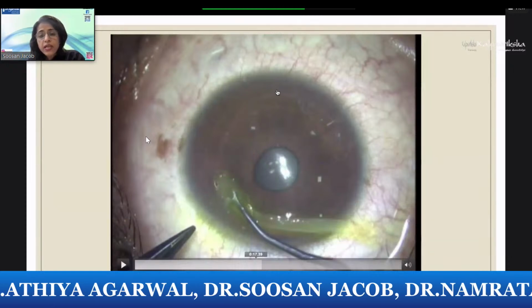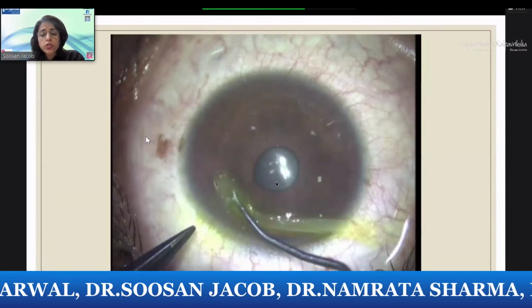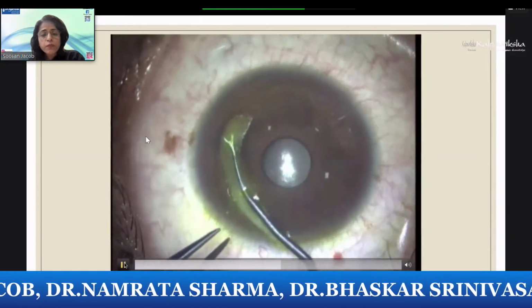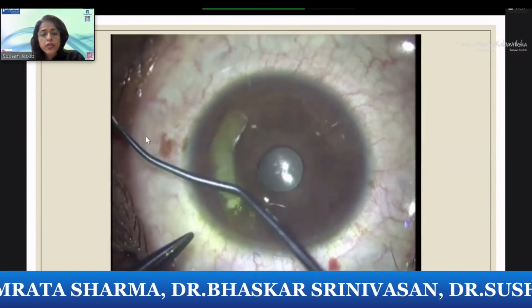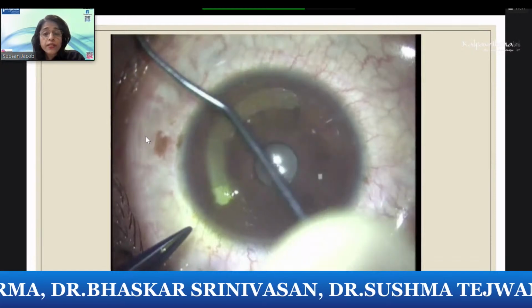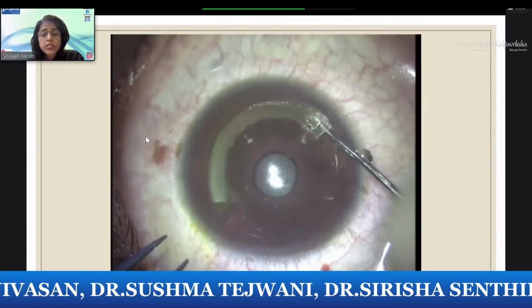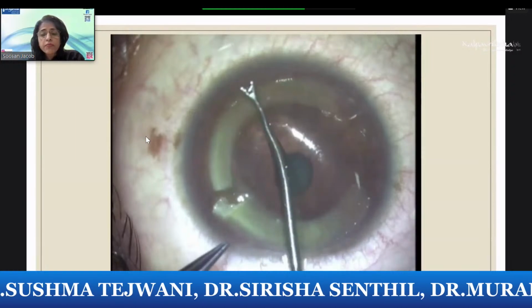And the laser channel has already been created in a keratoconic patient's eye. Now what we do is we implant these allogenic segments, CARES, into the patient's cornea. You would think, how will you implant this? It's soft tissue. How will it go into such a thin channel in the patient's eye? But you can see it's easily going in. And the same thing is done on the other side.